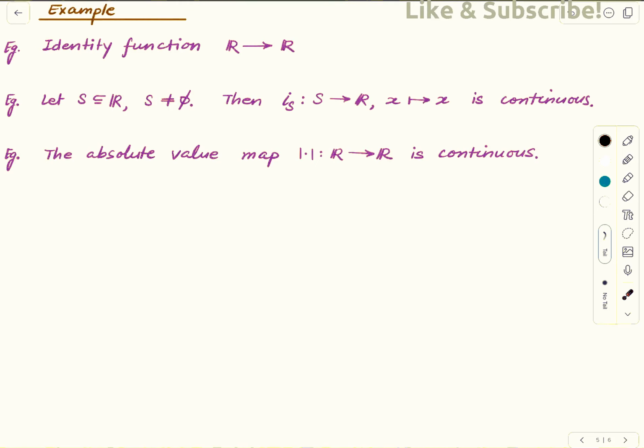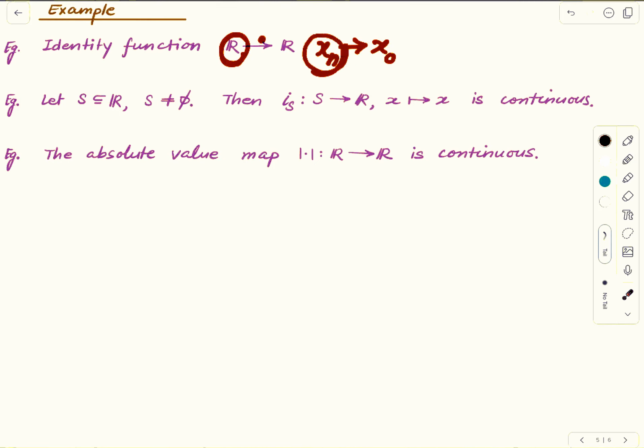We can obviously prove the continuity of the identity function using the previous criteria, but the criterion we just proved shows immediately that this is a continuous function, because if you pick a point x0 in the domain and you choose a sequence converging to it,